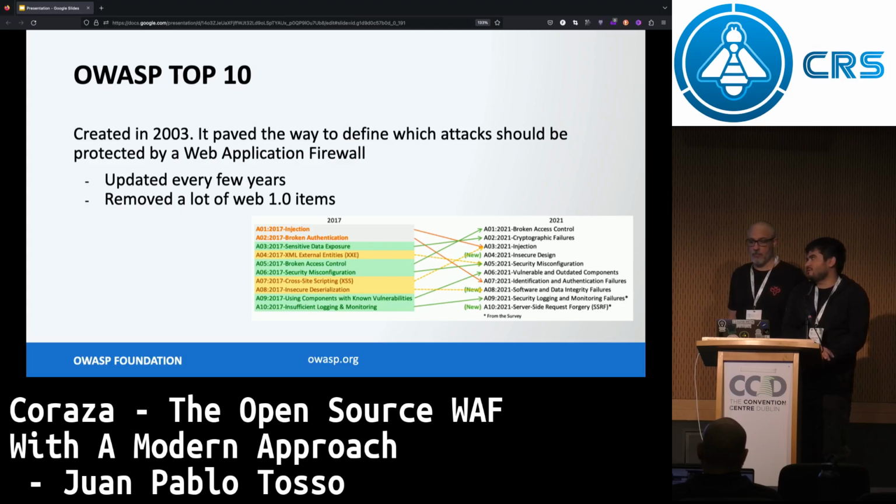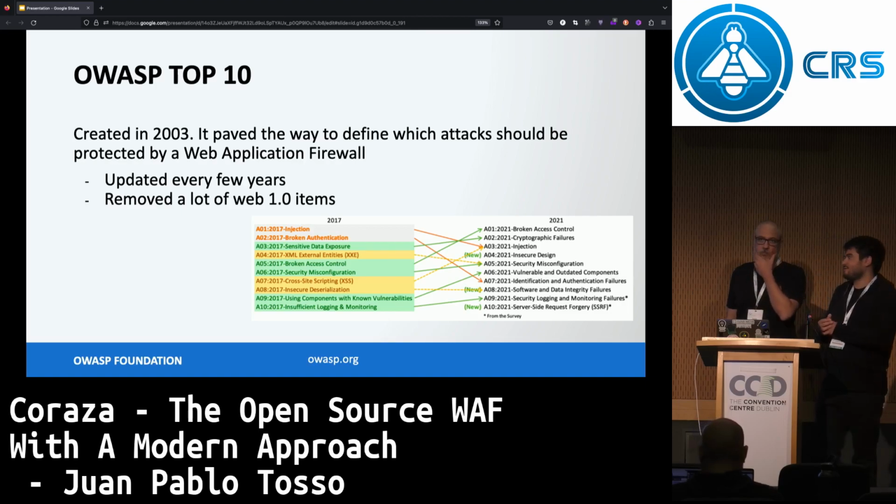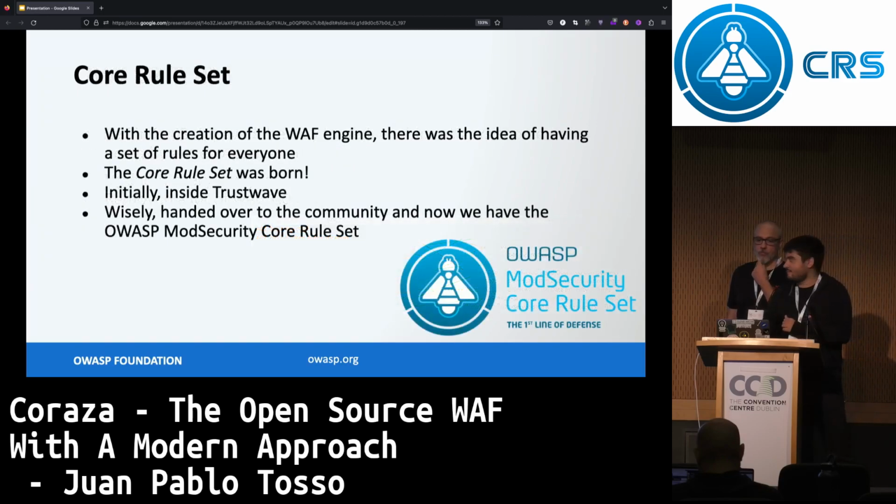We're going to go through the concepts of Web 1.0 and 2.0. But the main idea is that if you notice, the vulnerabilities that used to be critical 20 years ago, some of them are not found easily because of technology change, or just they're not as dangerous as they used to be.